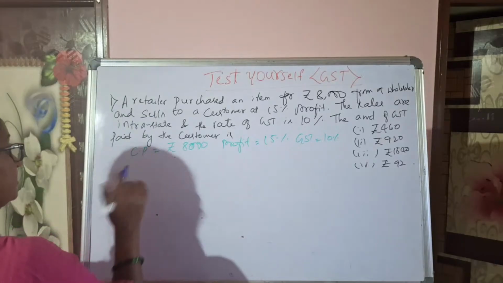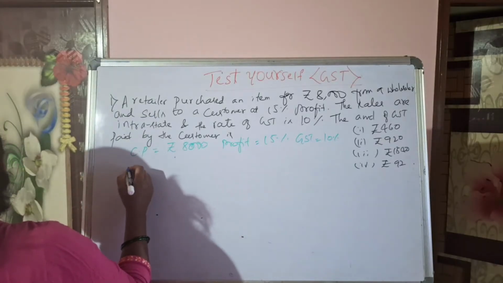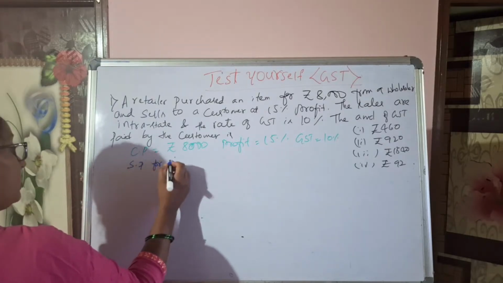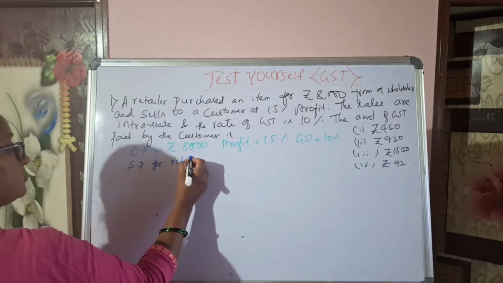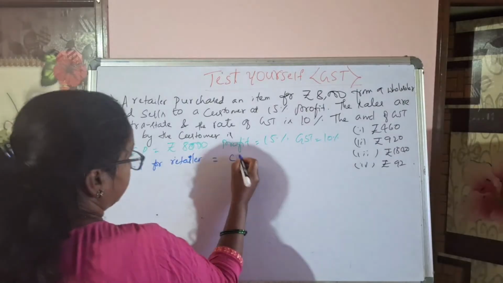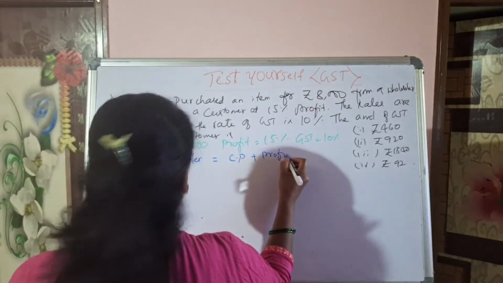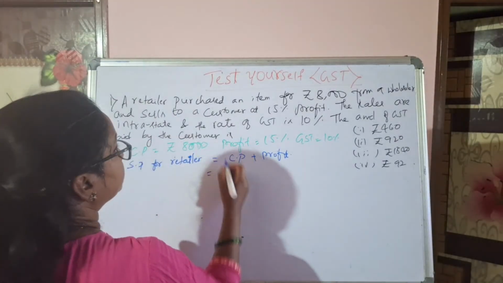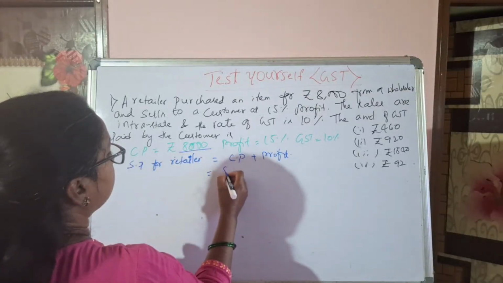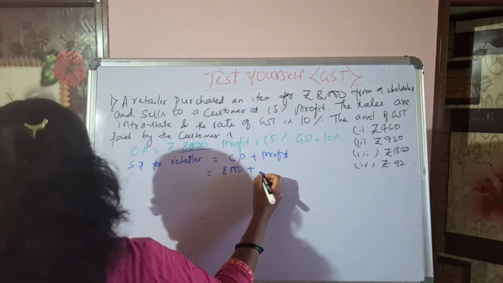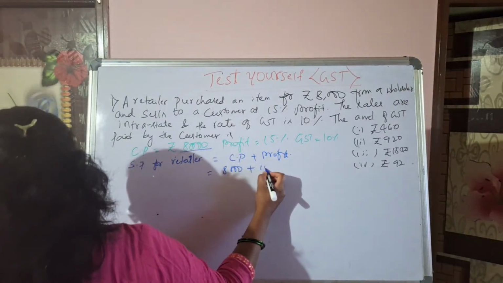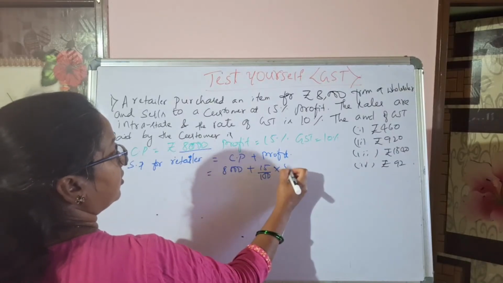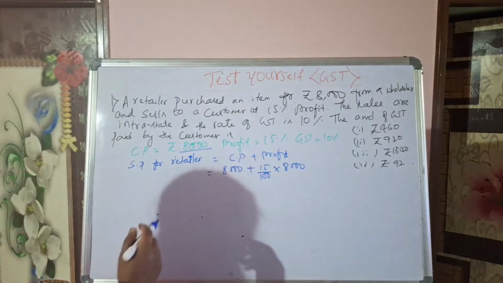That means selling price for retailer is equal to cost price plus profit, which is equal to the selling price: cost price is 8,000 plus profit is 15%. That means 15 divided by 100 of 8,000. Or else you can calculate the